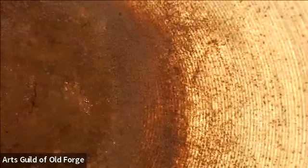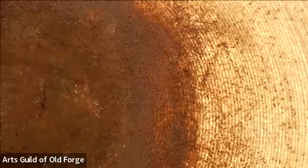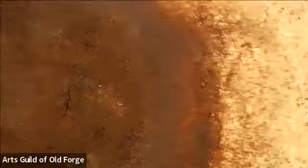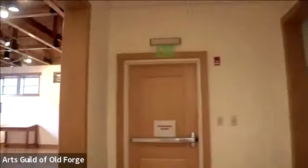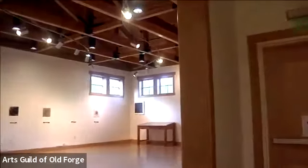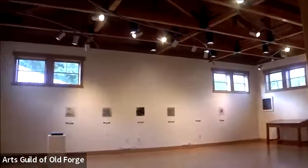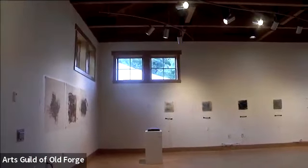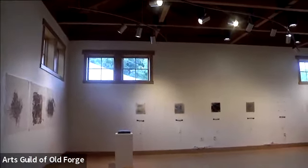So this is an entrance to the room where I start talking about water and my experiences, or my wanderings and wondering about water. Okay, so now you're looking at, on the left-hand side,